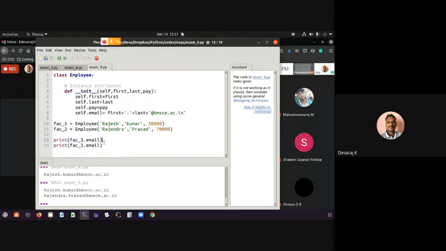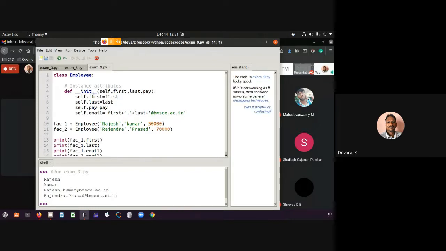So where if I want to say, for example, I want to print only the first name. Okay, if I want to print only faculty 1's first name, if I run the code, I'll be getting only the first name. If I want to print the last name of that particular person, I can get it actually. So if I go here to print faculty 1 last, if I do that, just run the code. I'm just showing you some examples of how you can do it. These are very basic fundamental examples.